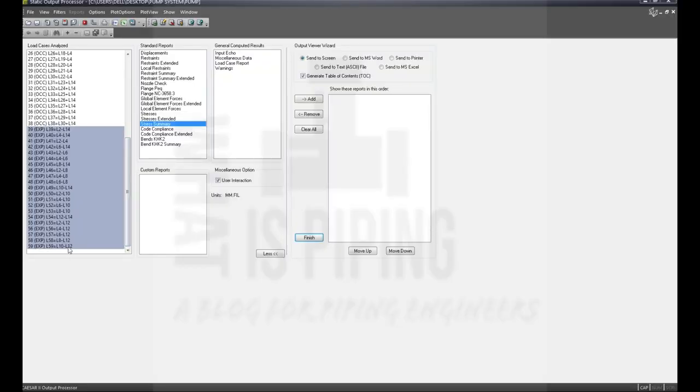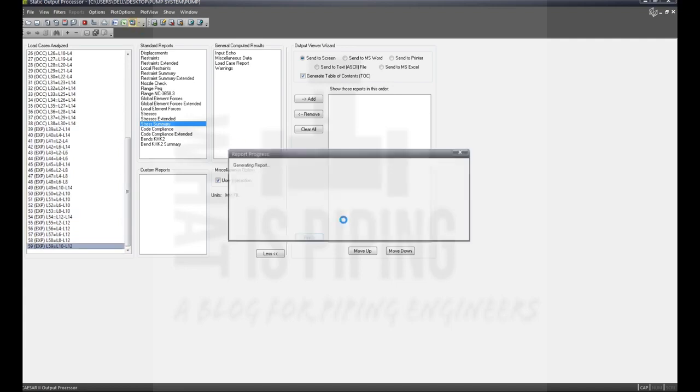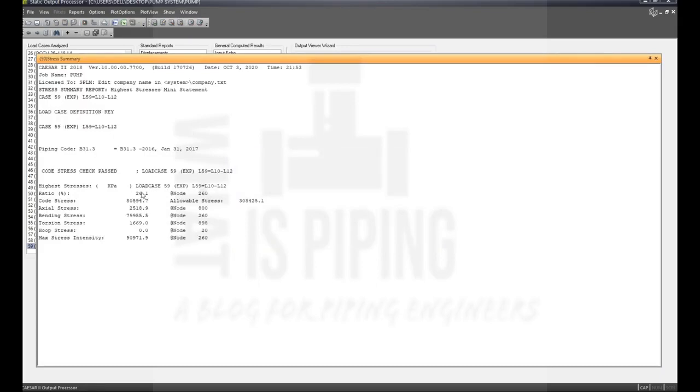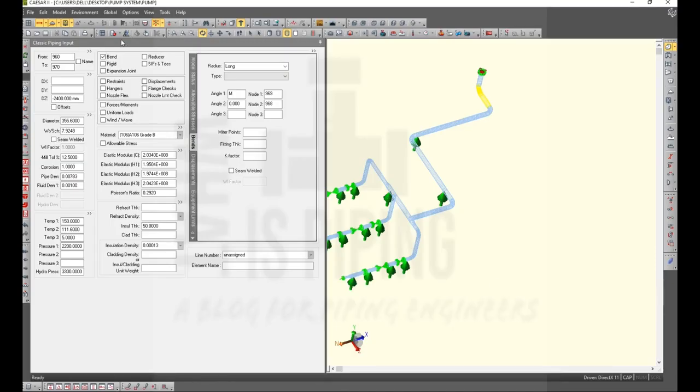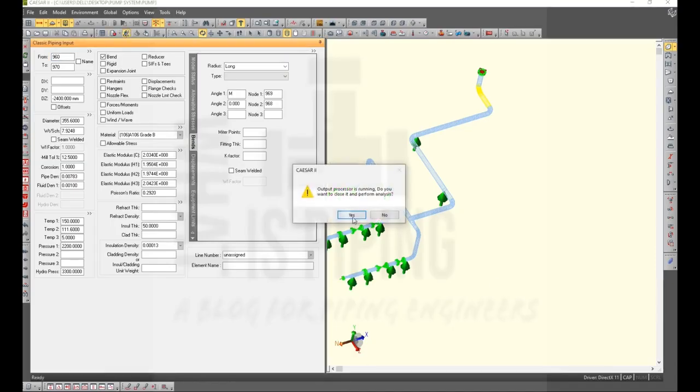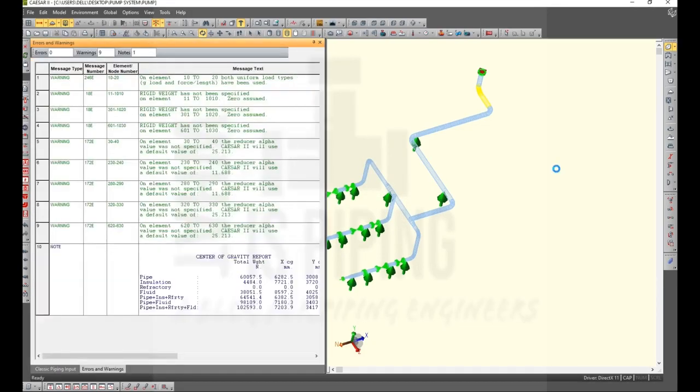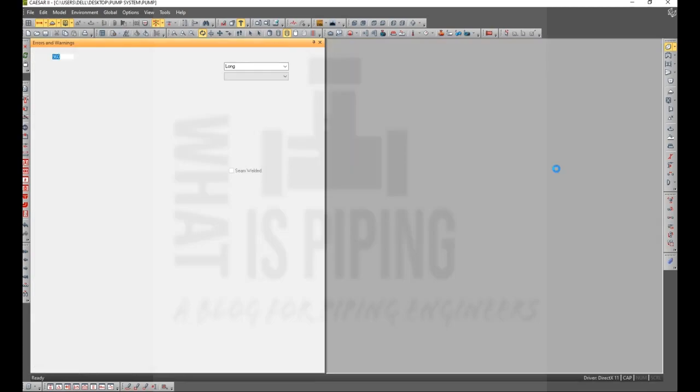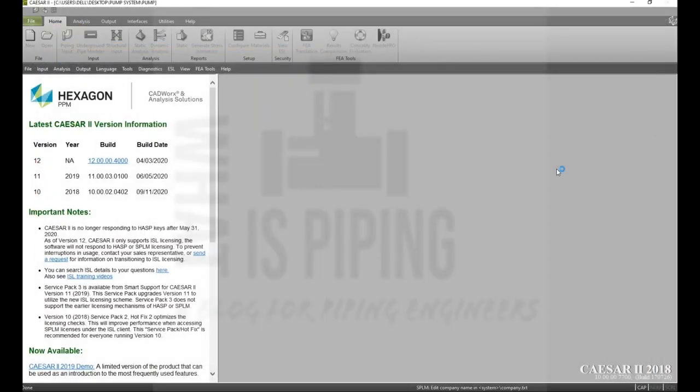Here, as we can see, L10 minus L12 is showing 26.1 as the maximum. Now once you uncheck that and run, it will increase. Let's see how much it shows.